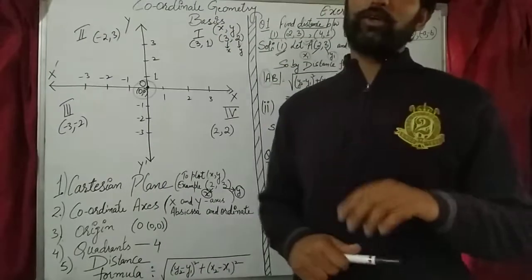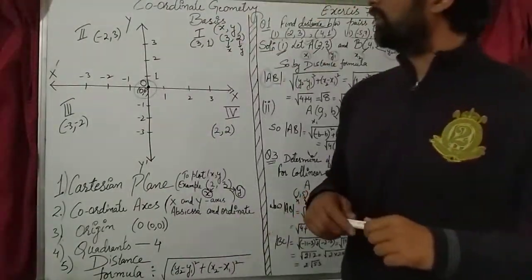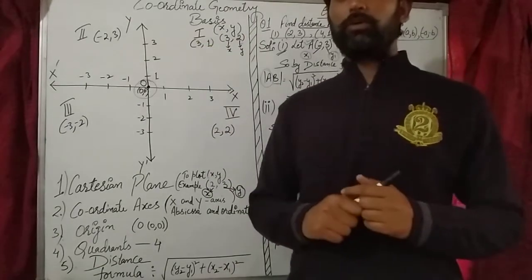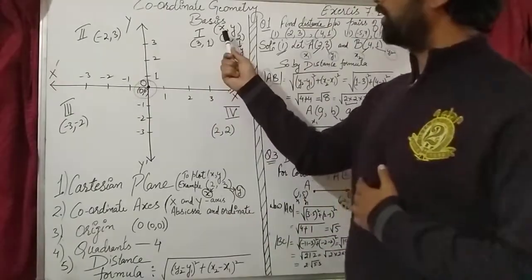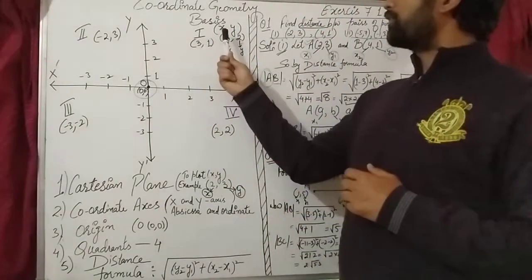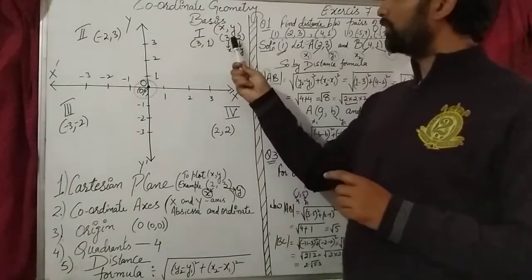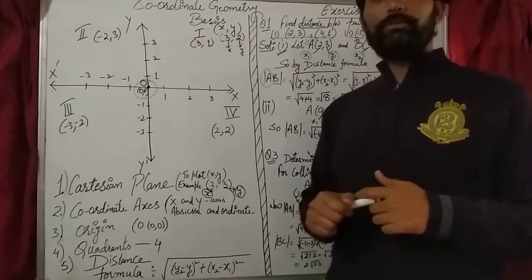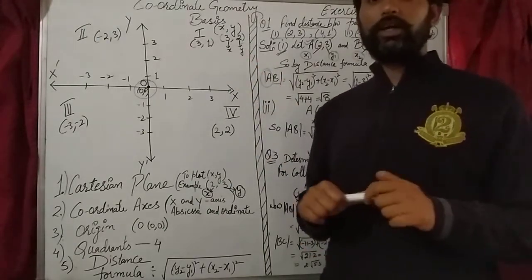Today I will start with the coordinate geometry basics. So what is coordinate geometry? When we're talking about coordinates, the coordinate comes in the form of x and y. Here I just write it down: x comma y. These are called coordinates. Suppose I write x comma y in the form of 3 comma 2, it means the first element always represents the x-axis, and the second element always represents the y-axis.